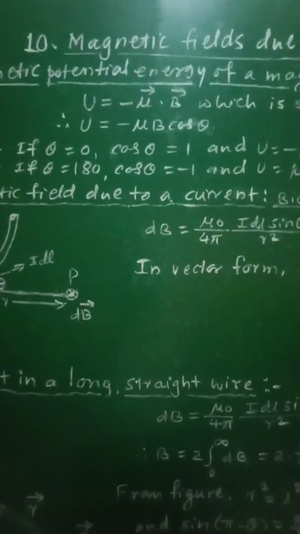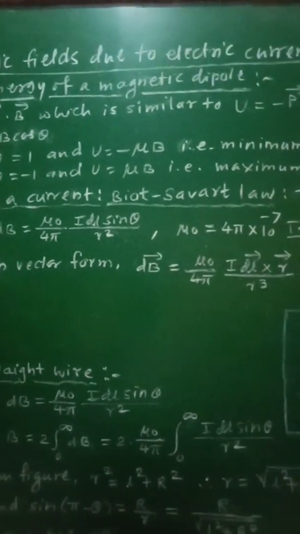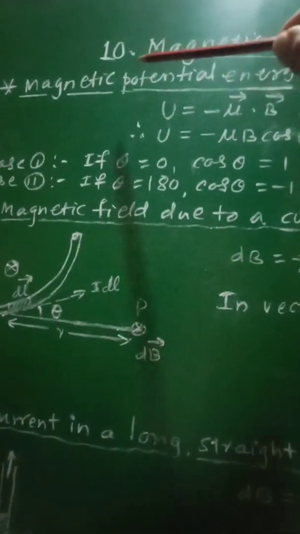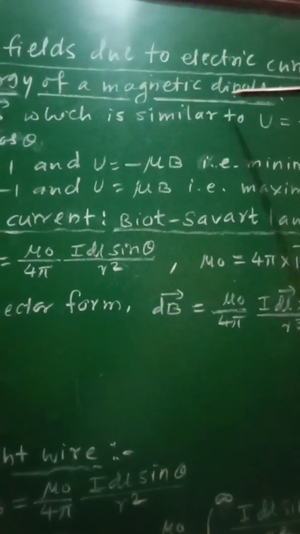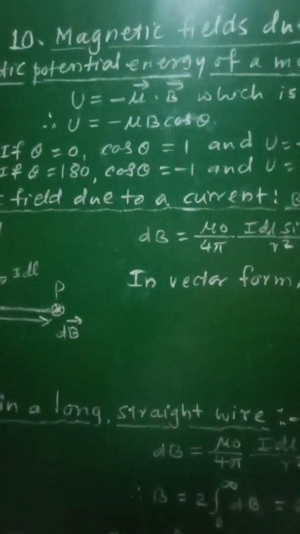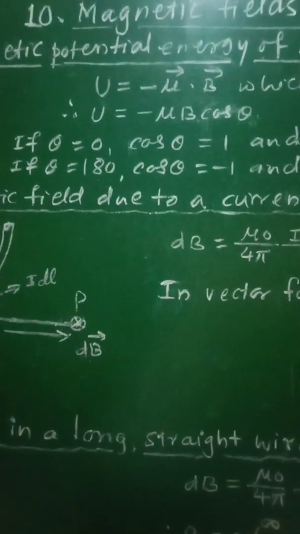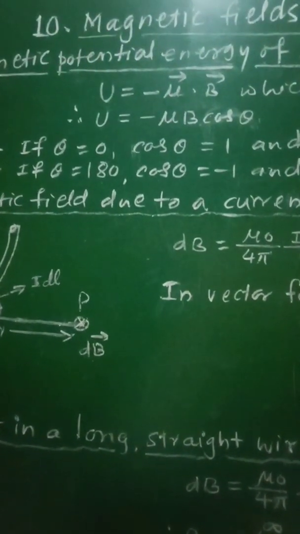Class 12th, Subject Physics, 10th chapter, Magnetic Fields due to electric current. From this chapter, let us see the magnetic potential energy of a magnetic dipole. So when a magnetic dipole is freely suspended in a magnetic field, it possesses magnetic potential energy on account of